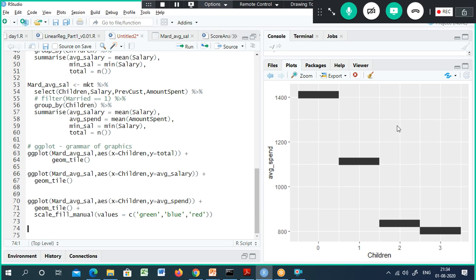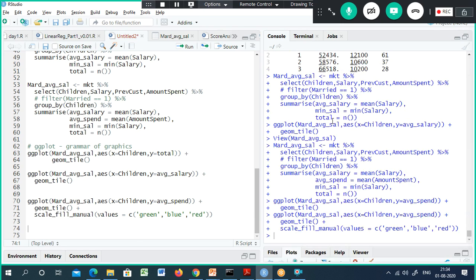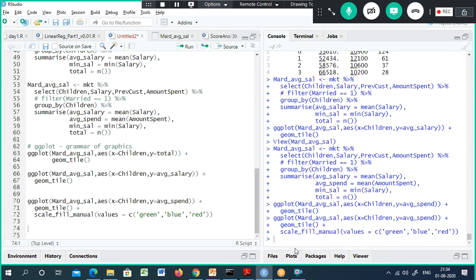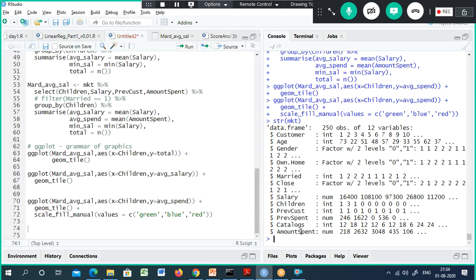The next thing we will do is, previous spent, all these things are there, right? Okay, good. So next what we will do is